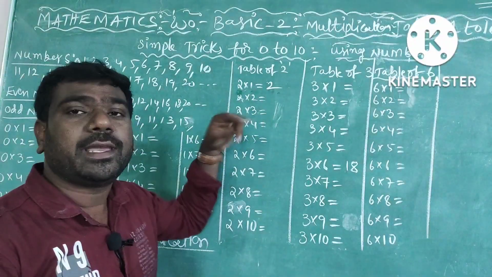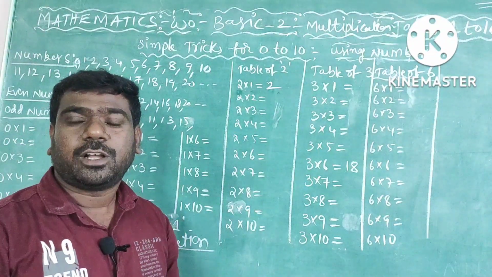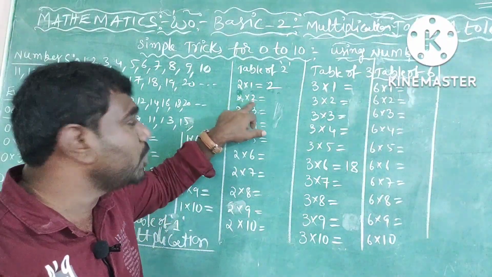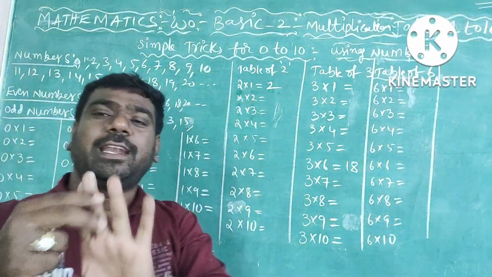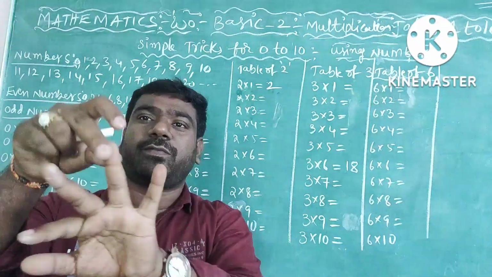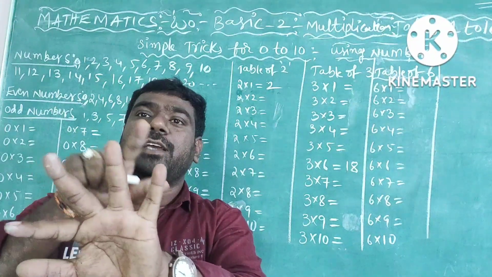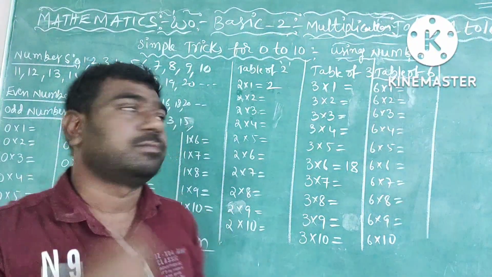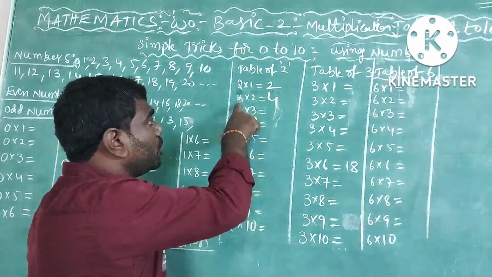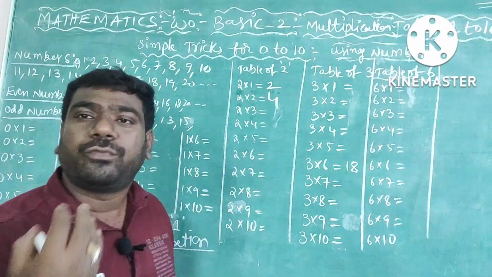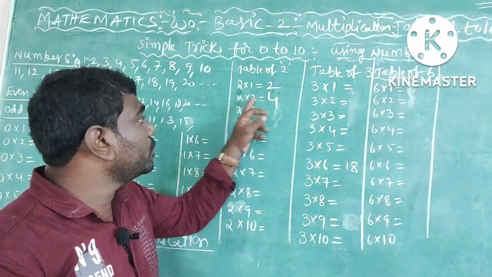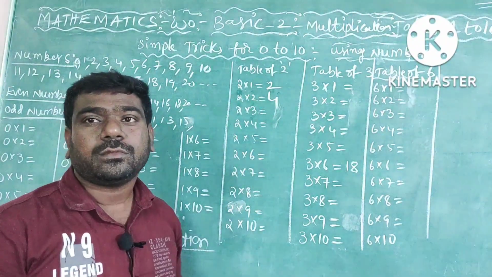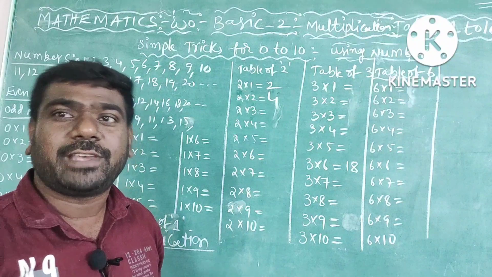Next one is what here? 2 times 2 is how much? 2, how many times do we have to add here? 2 times. See here, each finger is 2. It is for 1, 2. It is for 1, 2. 2 plus 2, total how much? So 4. Yes or no? 2 times 2 is 4. Otherwise, 2 twos are 4. Otherwise, 2 into 2. Like this also we can read.